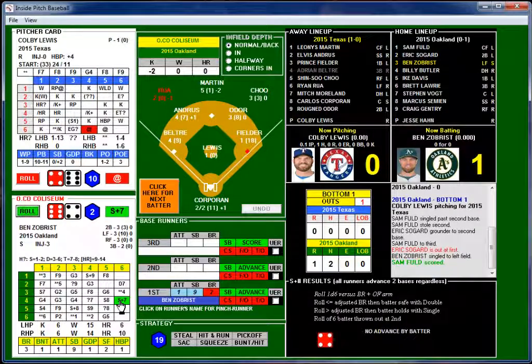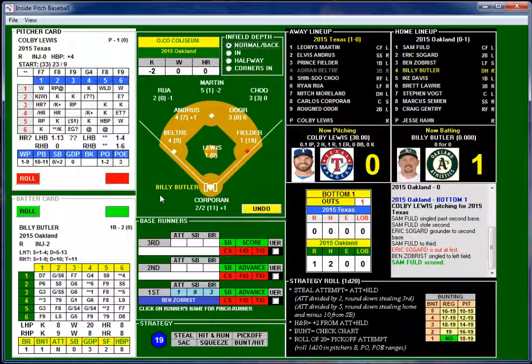So, S plus 4 shows all runners advance 2 bases. So, in trots Sam. And then, does he keep a single? If the roll is less than or equal to the number, then it's a double. Otherwise, it is a single. So, just a single for Ben Zobrist.